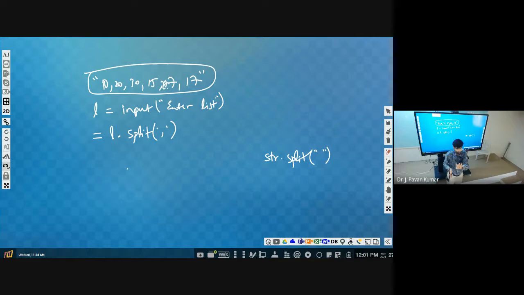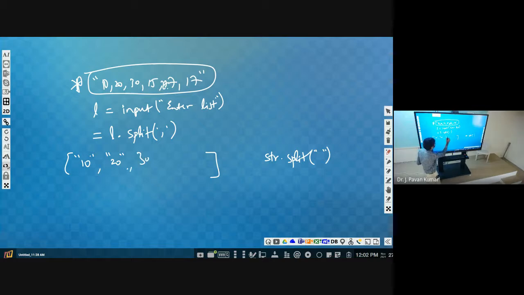So 4 strings we will get based upon this delimiter. Similarly, here this entire thing is a string. So whenever we split, automatically we will get 10 as one string, 20 as another string, 30 as another string, 15 as another string, like this. So we will get a list, but that list will contain strings like this: 10, 20, 30. Understand?